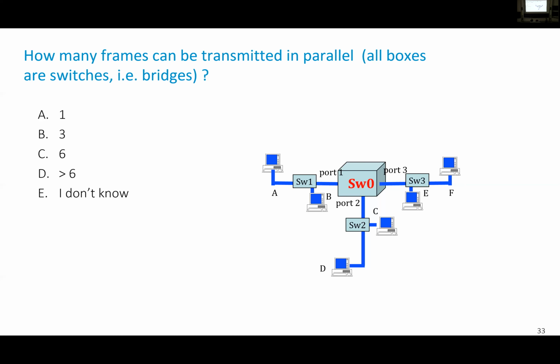I close the poll in a few seconds. And we have a tie between B and C and D. And the correct answer is D. In fact, there can be a lot of parallelism in this network. We can have probably, depending on the assumptions we're making,